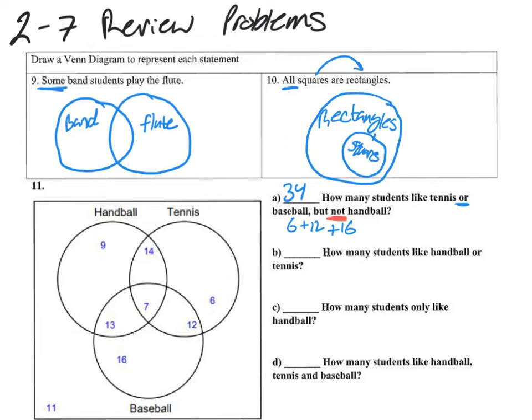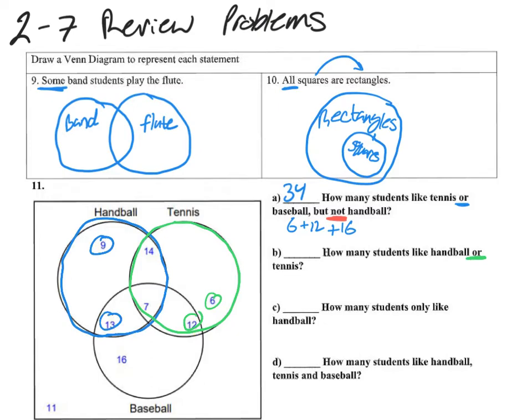Next up, we're looking at how many students like handball or tennis. So if we're looking at this, we have the handball category and we have the tennis category. So anybody belonging in either of those categories, because it's an or, will work out. So anybody that likes just tennis, anybody that likes